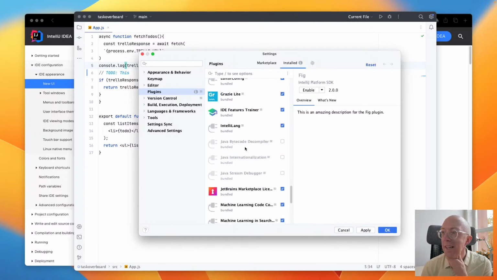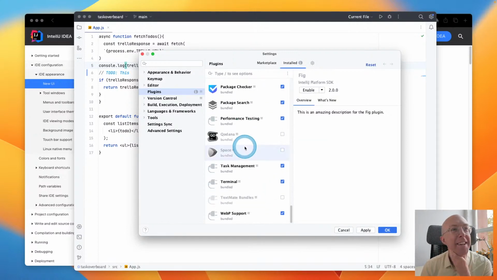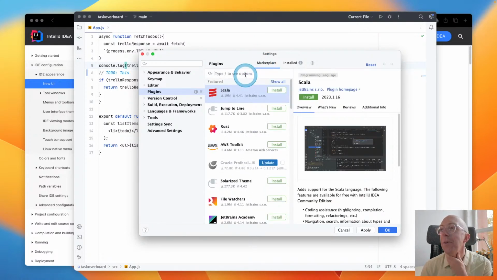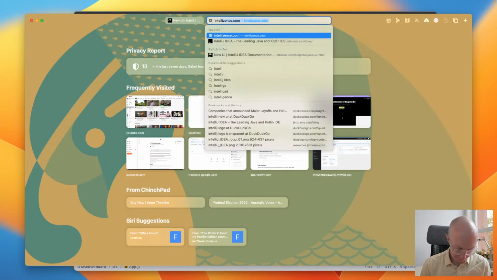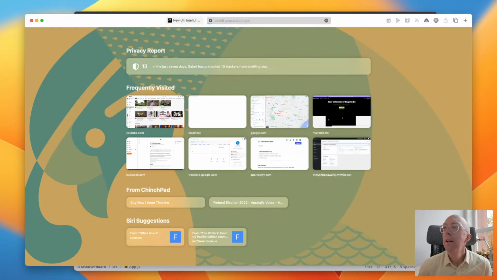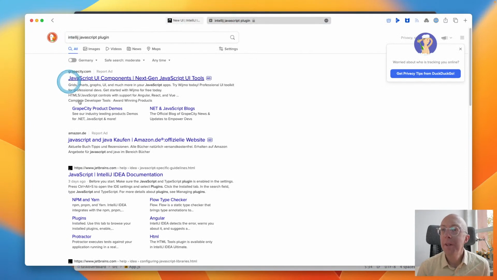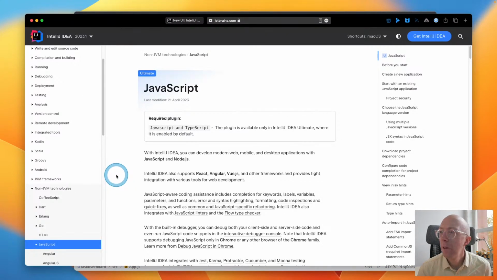It does actually kind of look like it's not enabled by default, so I'm not really sure what I'm supposed to. What would be the best one? Let's see. Aha.